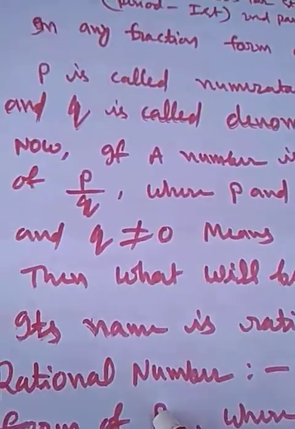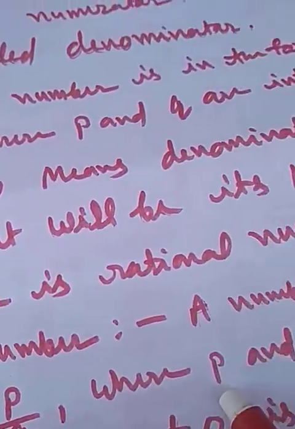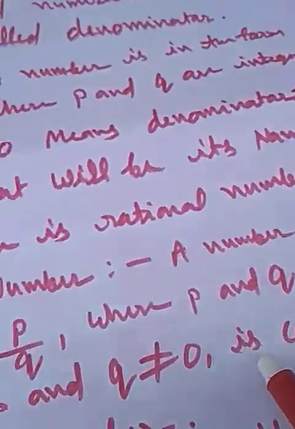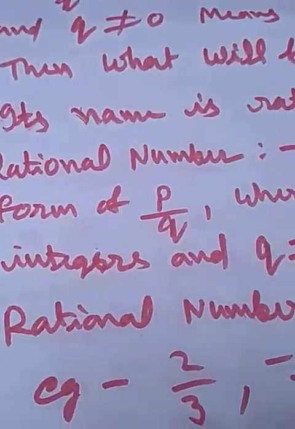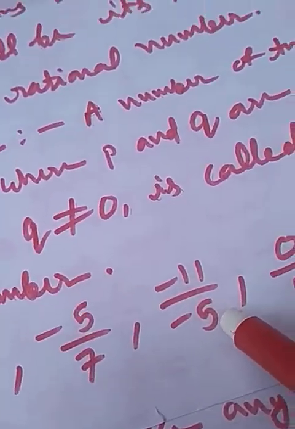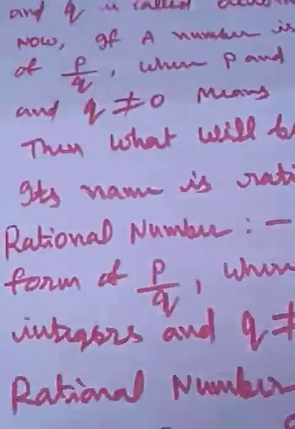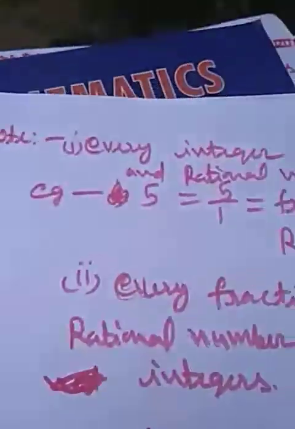Now rational numbers can be defined as numbers of the form p by q, where p and q are integers and q does not equal 0, is called the rational numbers. Some examples are here: 2 by 3, minus 5 by 7, minus 11 by 5, 0 by 5, 7 by minus 9, etc. Now on the basis of it we find out some